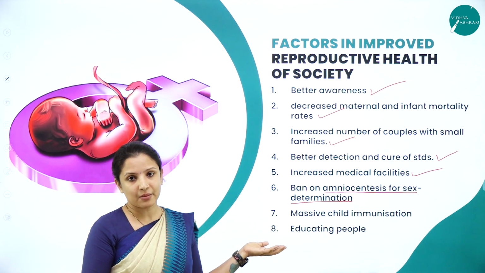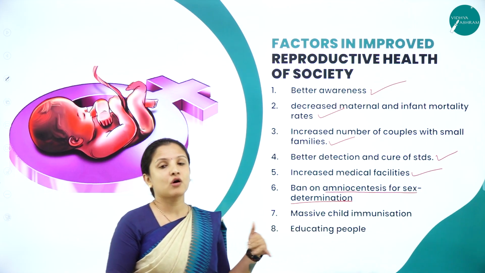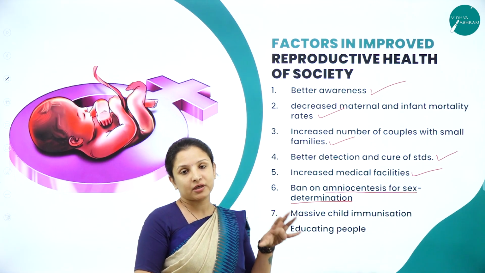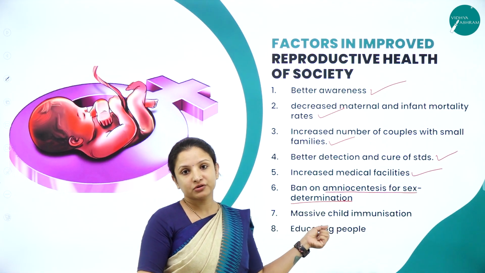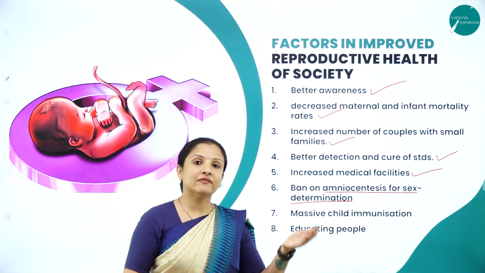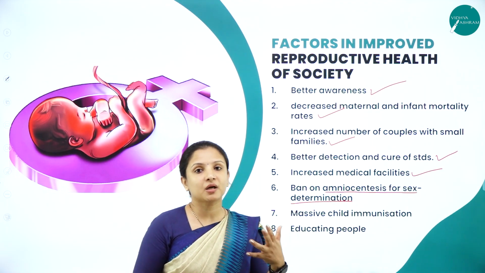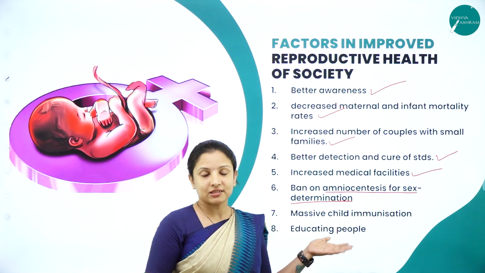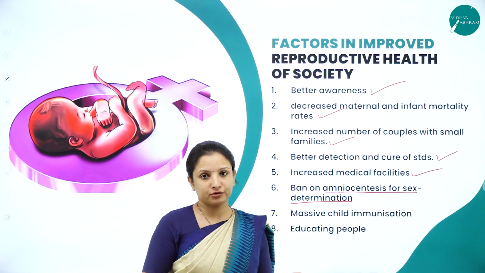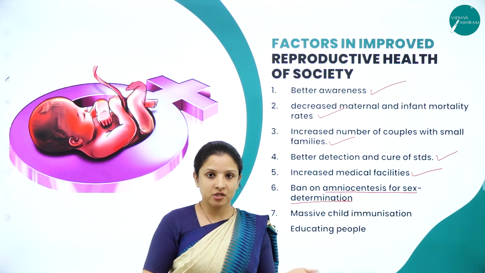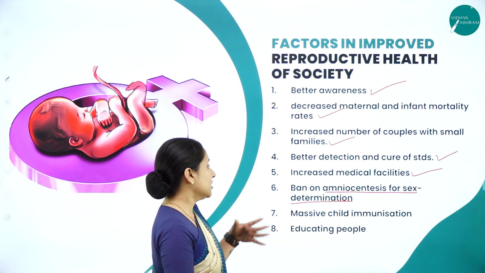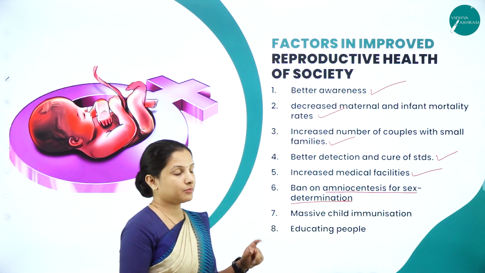So this was one of the examples I gave. Or massive immunization for smallpox or the BCG vaccines that are available now. Earlier there was a list of vaccines which poor people could not afford, so they were only available in private hospitals. But now the government is providing these vaccinations free to children, which in private hospitals can cost up to thousands of rupees, to prevent various diseases. Therefore the infant mortality rate also reduces. So massive child immunization programs have come up under this.